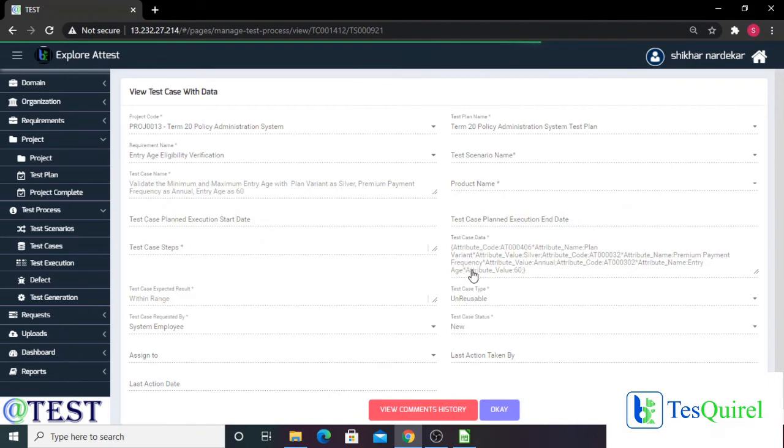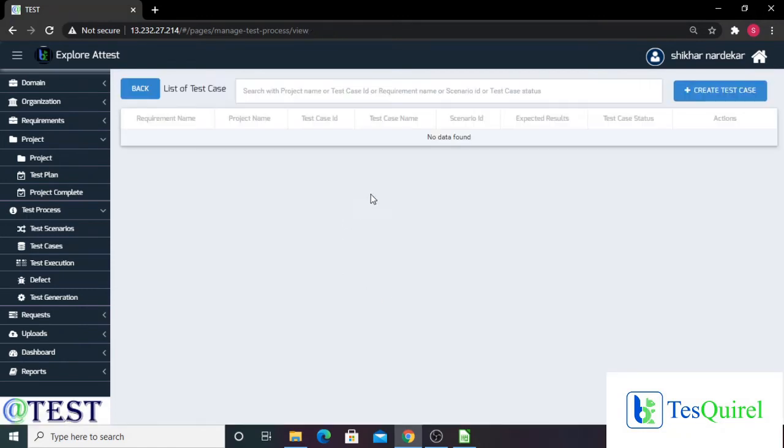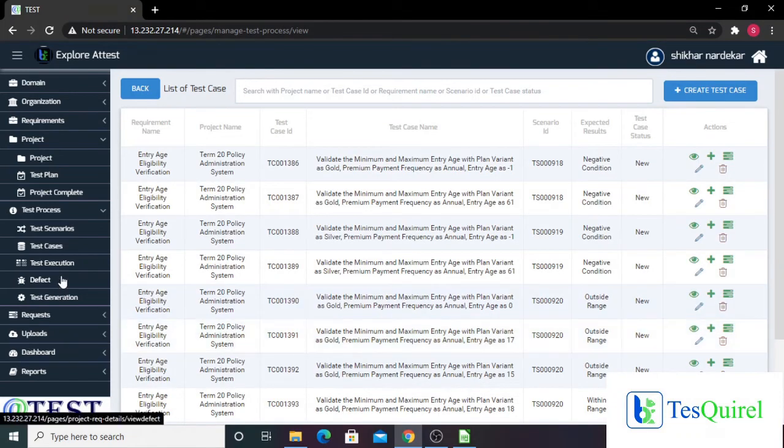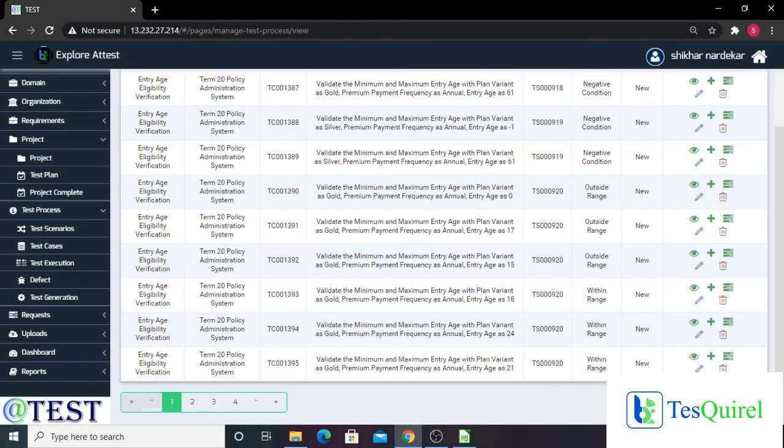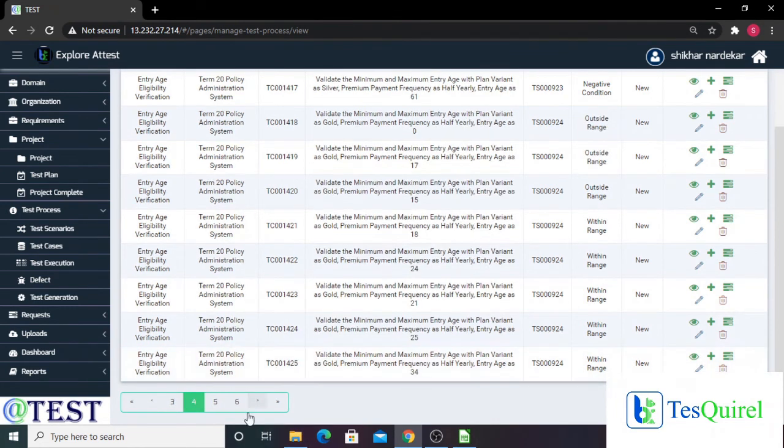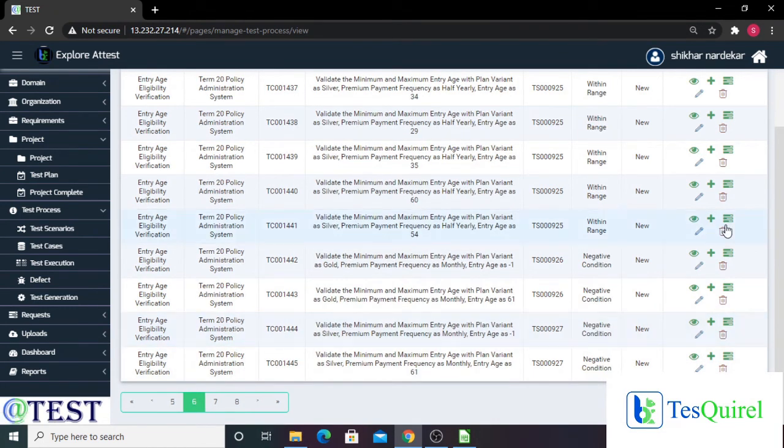Even the data regarding the test case is provided and automatically filled. So we can see all the attribute codes and names and all the attribute values are automatically filled. This will be helping us in terms of executions. So now, after all the test cases have been created, you can carry on with the execution. When you have to manually create all these test cases, it would take you a lot of time. But through the tool, you were able to complete the creation of test cases within 5 minutes.